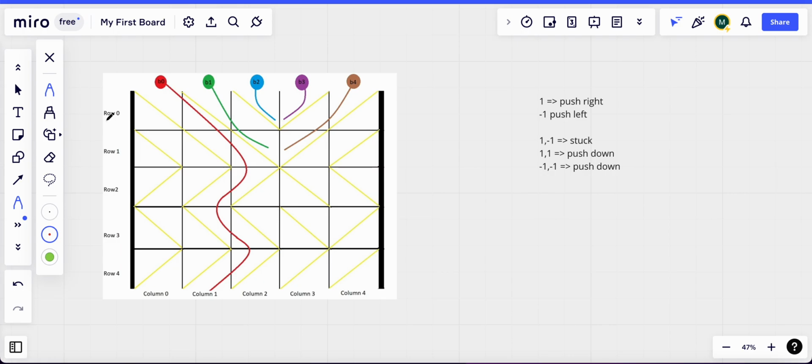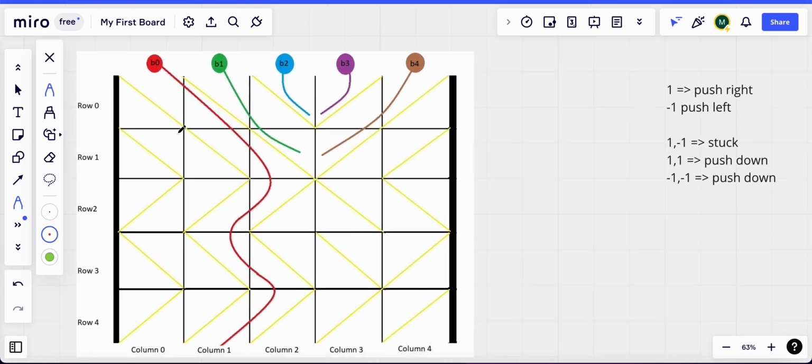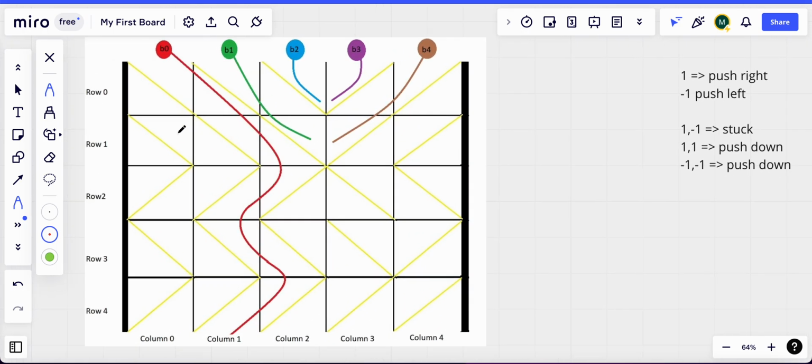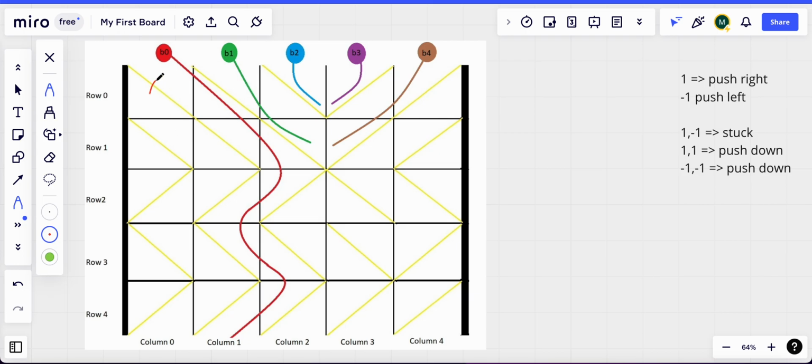Here I'm using the same grid, so the value here is equal to 1, this is also equal to 1, this is also equal to 1, this is -1 since it spans from top right to bottom left, and then this one is -1. Now we have to see if the ball is able to reach the end